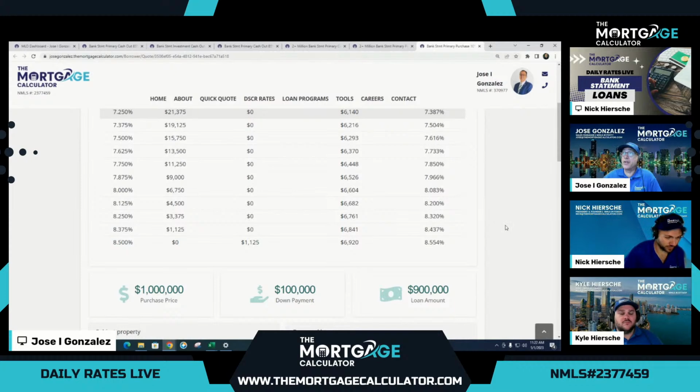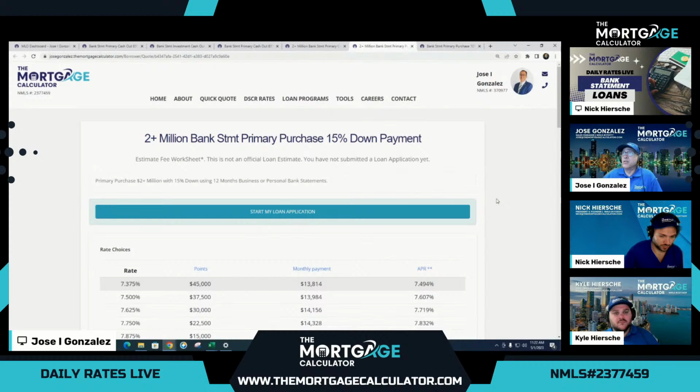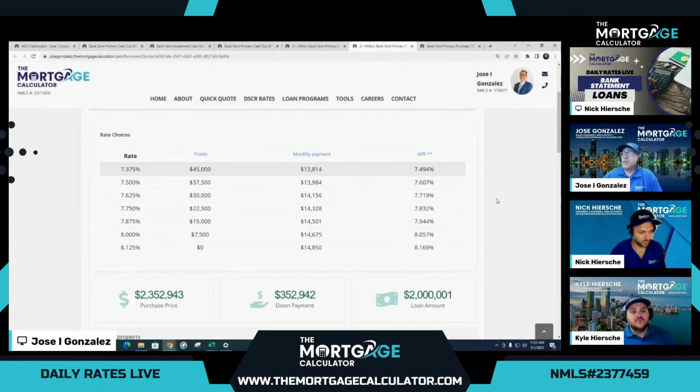So we're looking at very good options here with 7.25, costing a little bit over 2 points, and 8.5% giving a lender credit. That's 10% down, $900,000 loan. So now we got another bank statement option here. I purposely did it. Now you know numbers look a little weird, right? But it's to match $2,001 and $2,352,943 purchase price. But I'm trying to get above the $2 million loan amount here, so you can see that